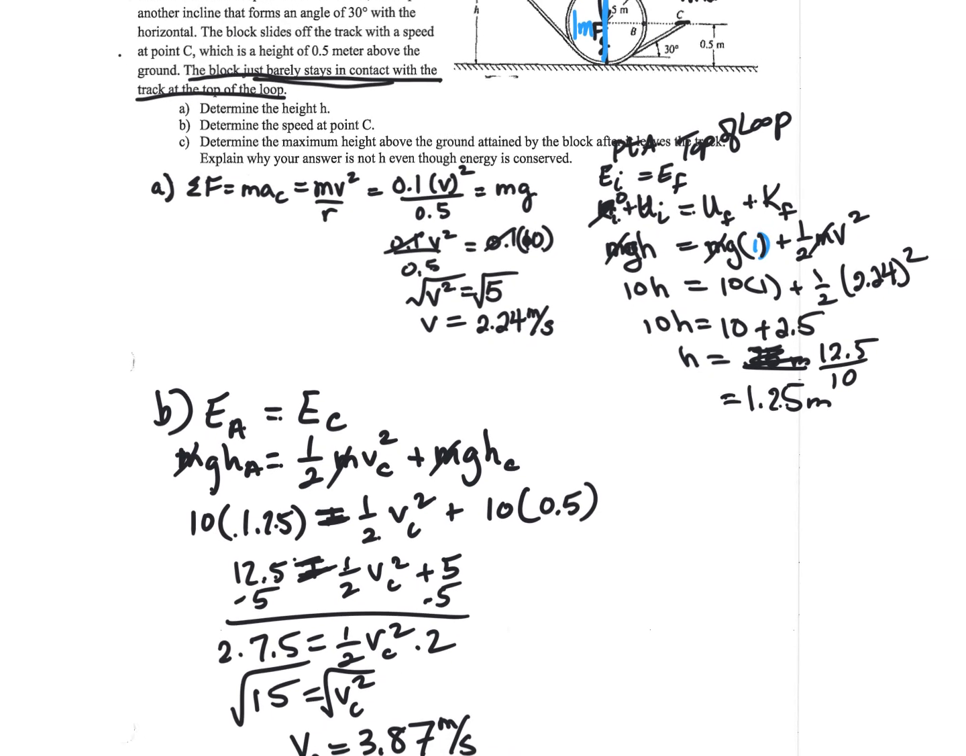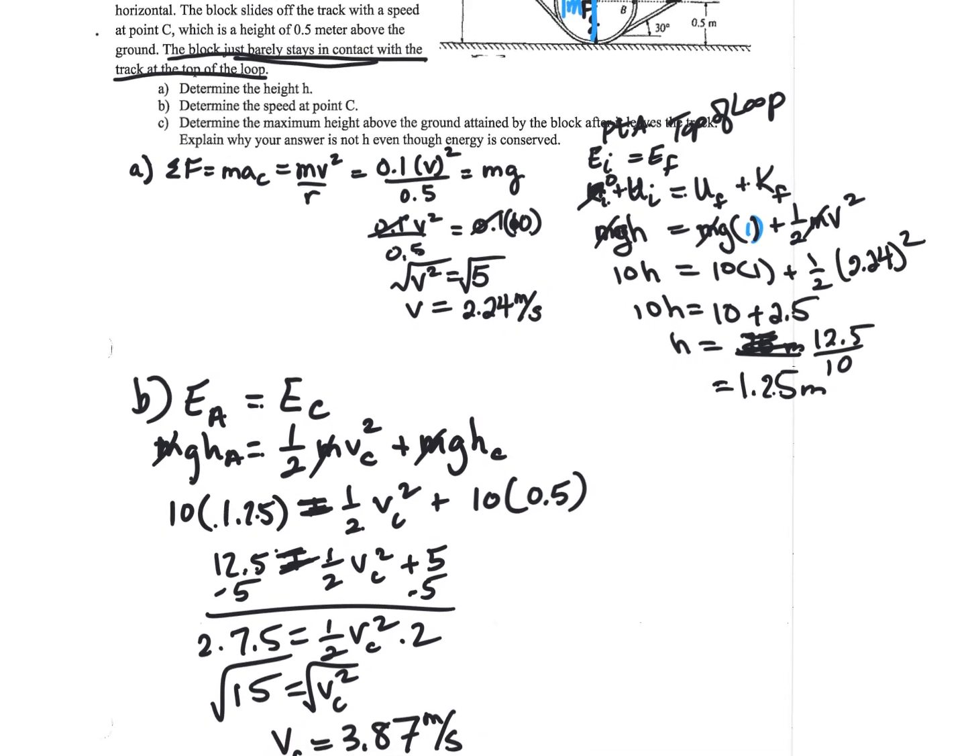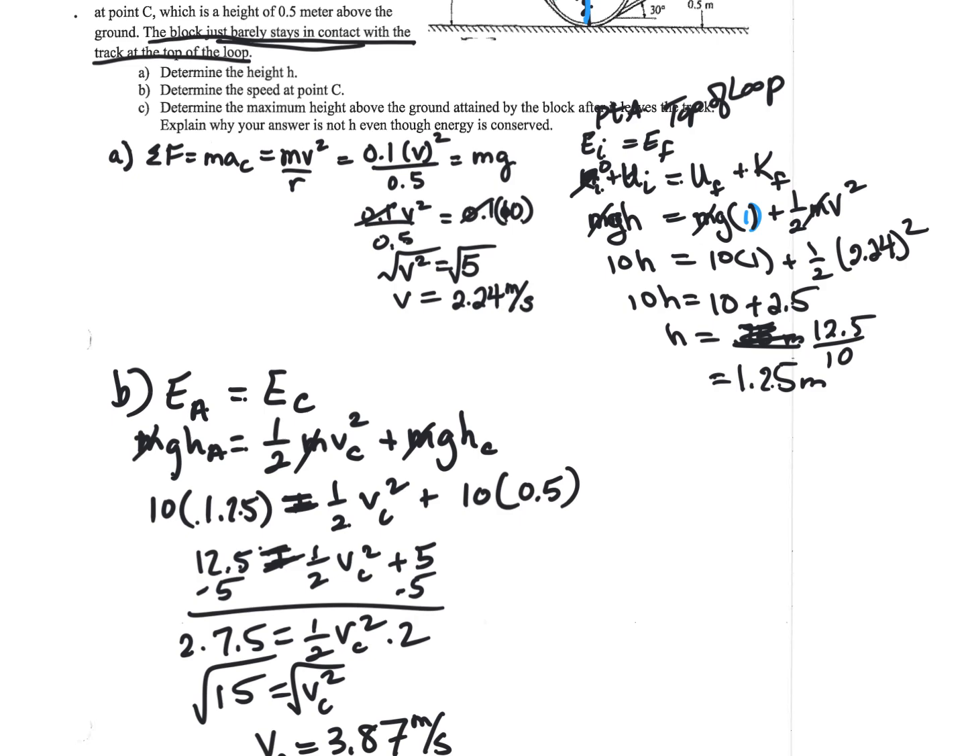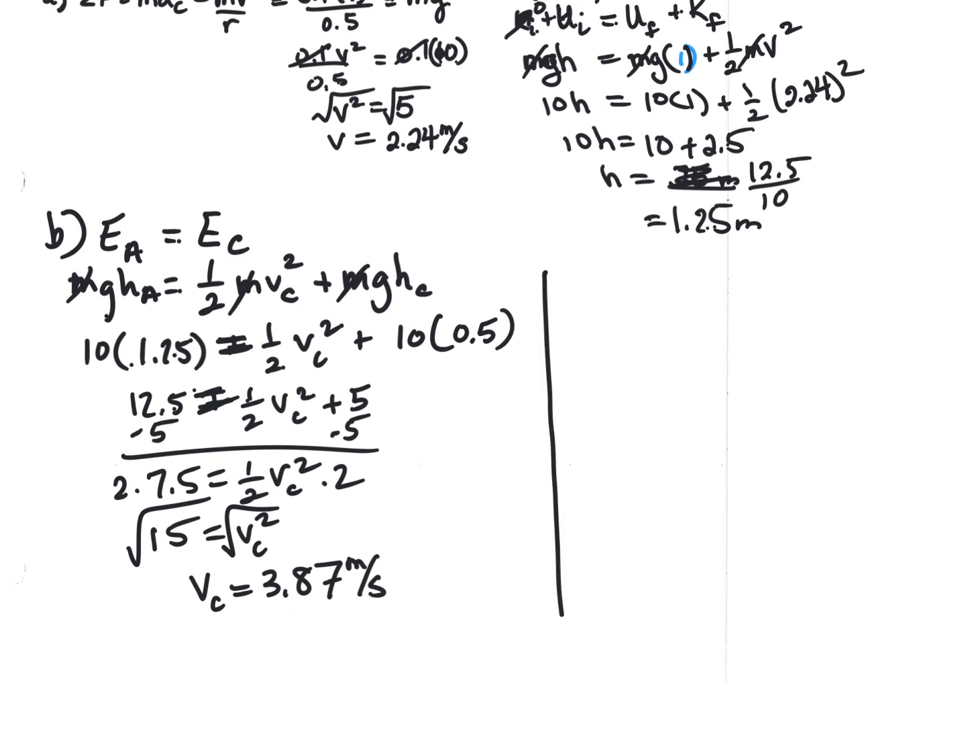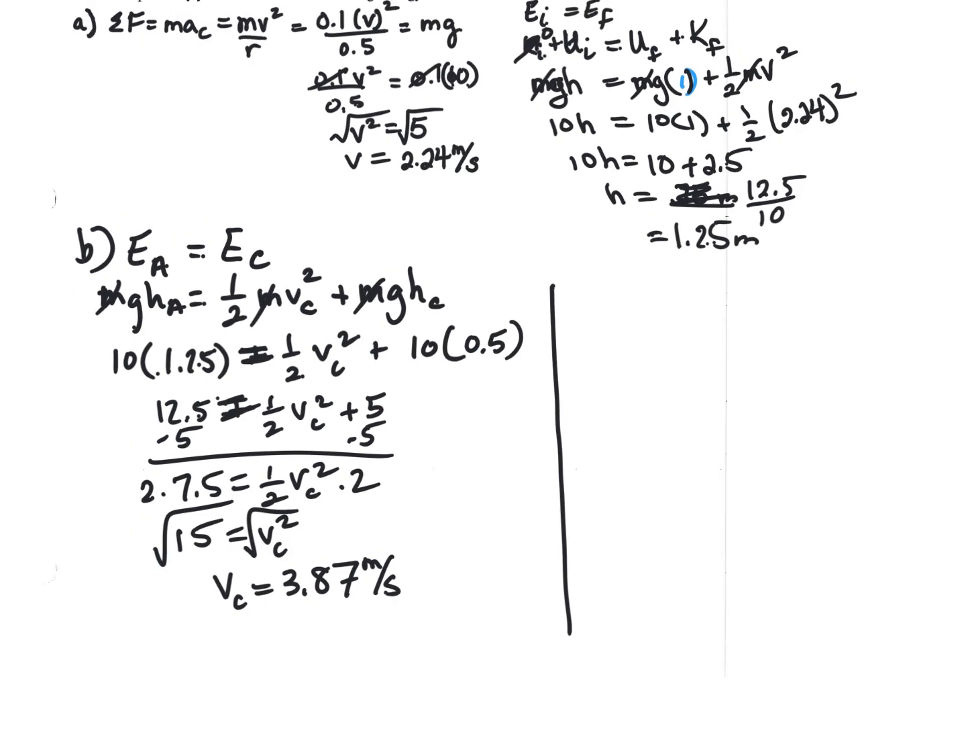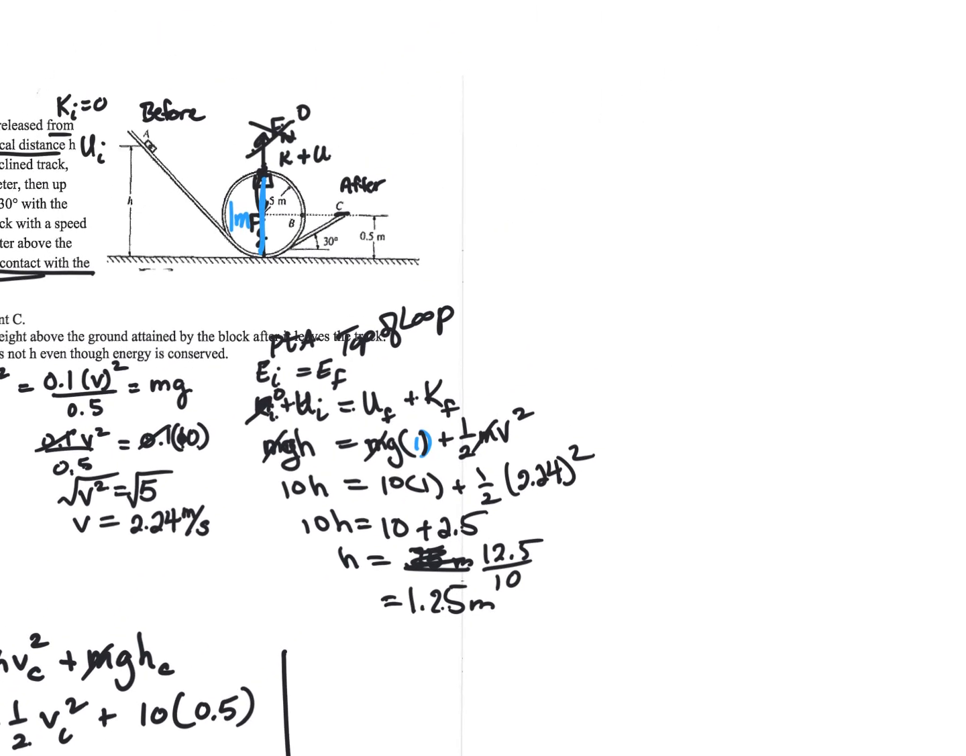C, determine the max height above the ground attained by the block after it leaves the track. Okay. Well, now we're going to do the same kind of energy thing. We don't actually have to use kinematics anymore, because what's going to happen is this thing's going to keep going, and we want to figure out what this height right here is. Height final, we don't know that. But what we do know is that it is going to